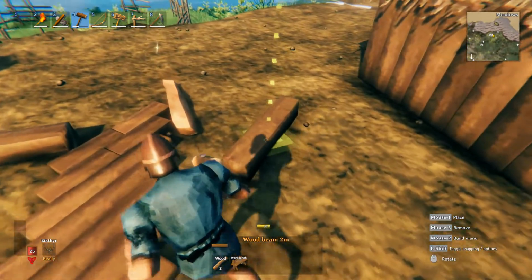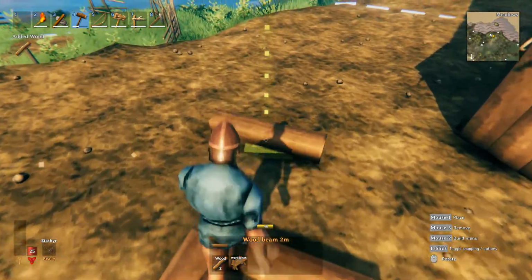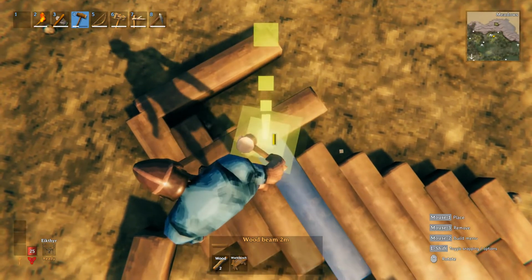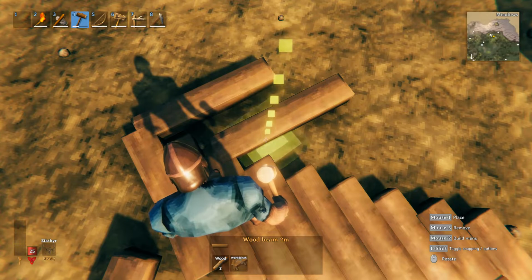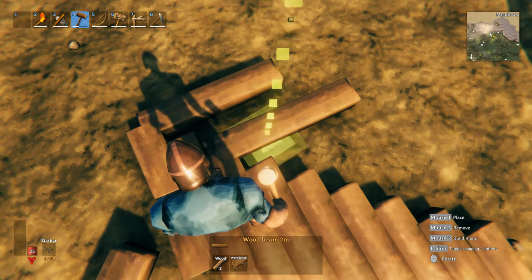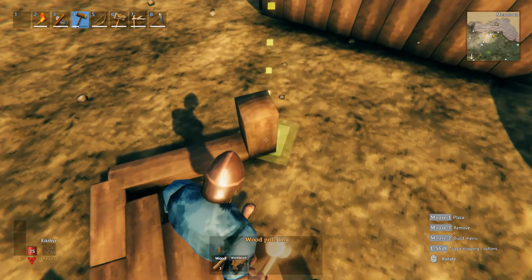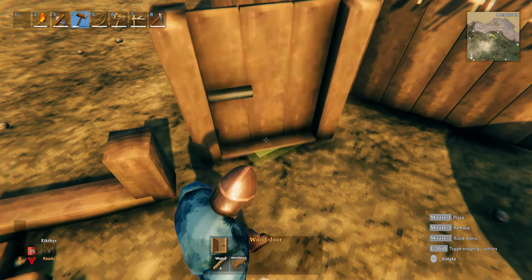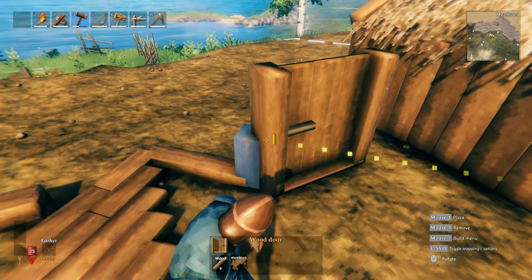Now for the second column, what we want is for it to be at 90 degrees to this, and we want that to attach in there. Now the thing is, if you see where it snaps to by default, it's half a beam too far away and half a beam too far inside, so we need to move that beam. So what we do is, using the 1 meter pole, snap to the end again, and we put a door here like this, attach that to the pole,